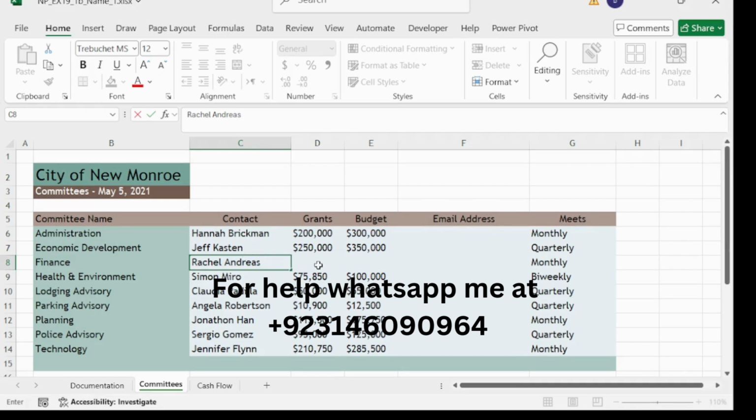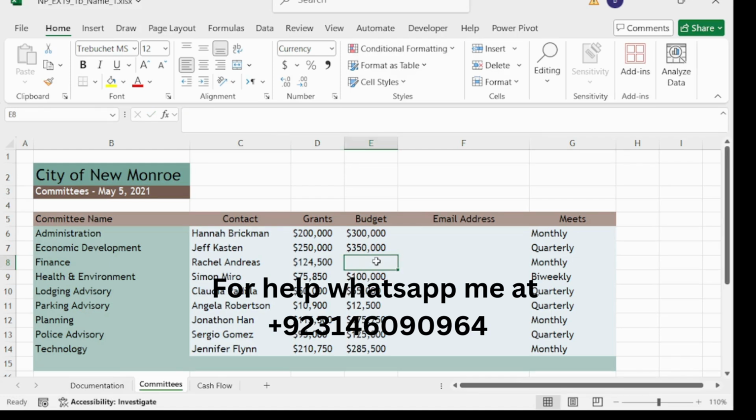In D8, type 124,500, and in E8, type 100,000, like this.